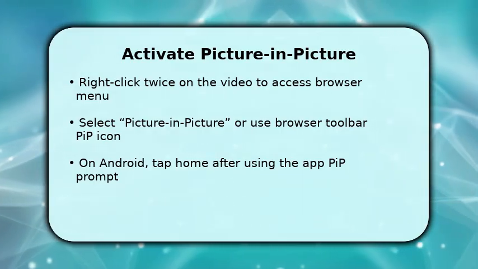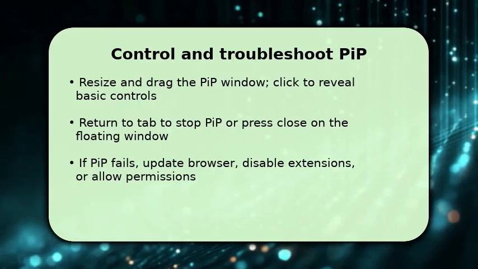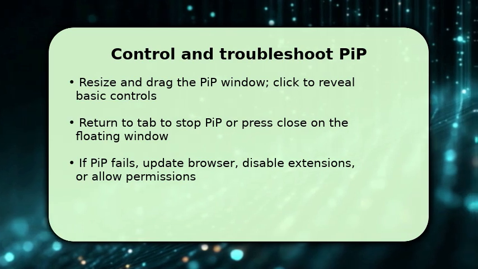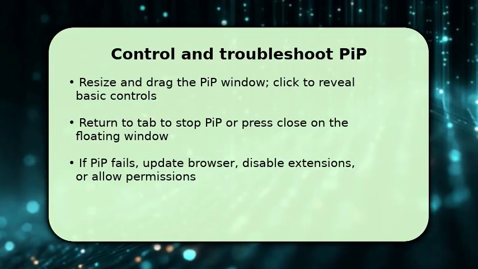work. Finish by controlling and, if needed, closing Pi-P. You can drag the floating window and resize it at the corners. Click the window to reveal play/pause and close controls. To return to the full tab, click the video title, which brings the tab forward, or use the close button